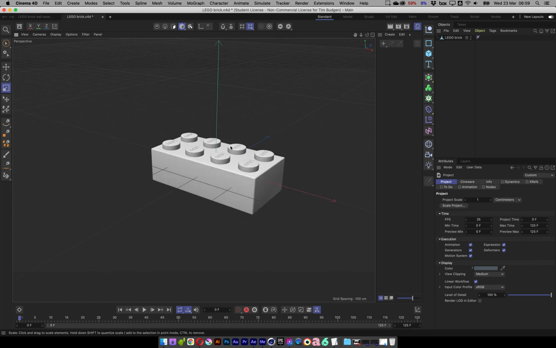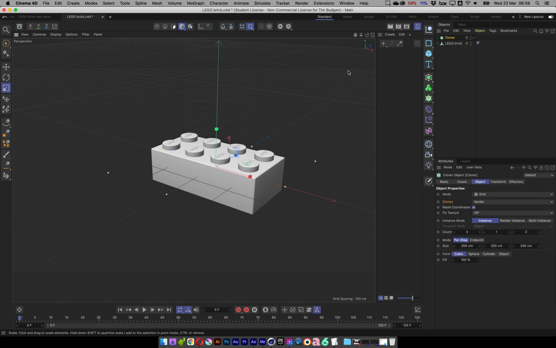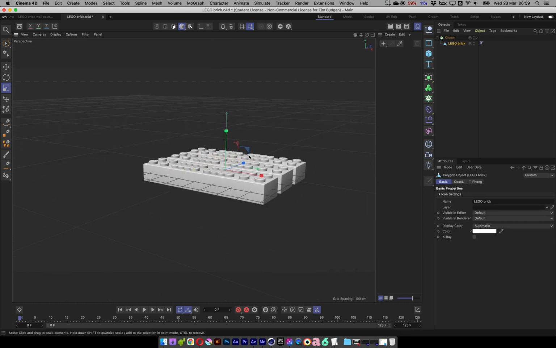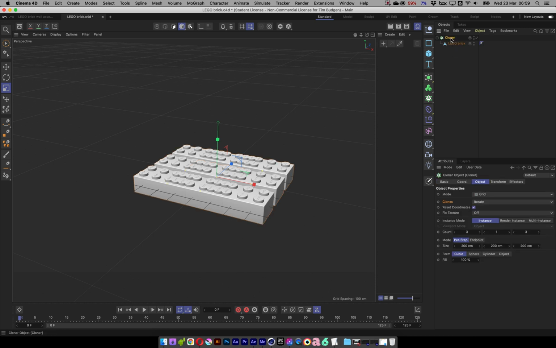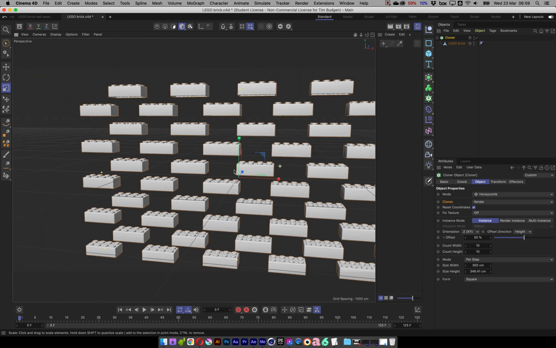So what I want to do is clone this brick. So let's go to our MoGraph menu and create a cloner. And I'm going to place my brick in the cloner just by dragging and dropping it. Now the type of cloner that I want, if I select my cloner and go to its mode, the type I want is called a honeycomb cloner, and this creates interlocking clones, which gives us a sort of a